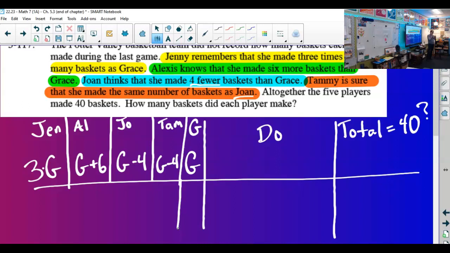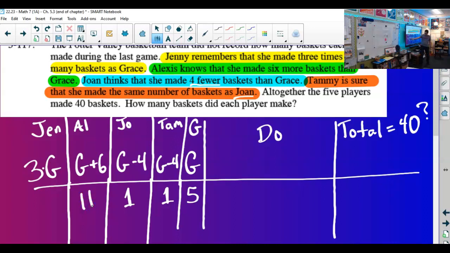What if she made 5? Try it. So Ma said, let's try 5. I'm going to go ahead and try 5, then minus 4. Too much. 11. Guys, once you've done it on your paper, look up here and see if it makes sense how I got what I got. If G was 5,